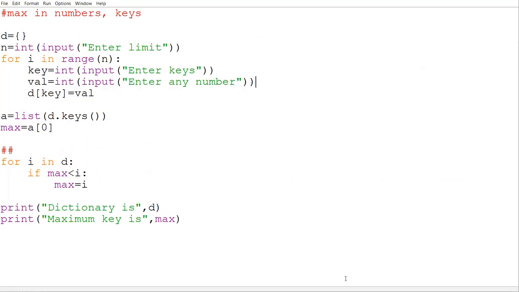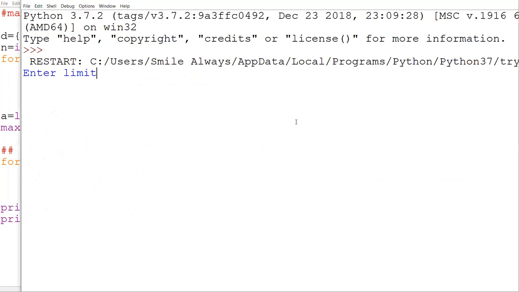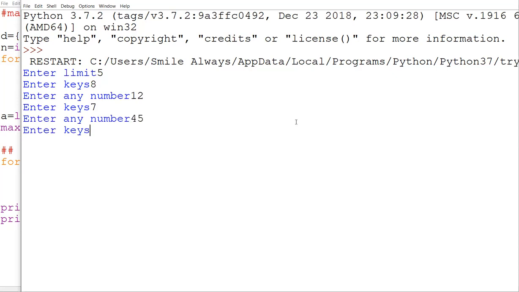The most important thing is that if the logic is clear to us, we can do all these things very clearly. Now see, no change, fine. Only we have to convert this into numbers. Otherwise, no change. 5, 8, 12, 7, 45, 4, 67, and 6.